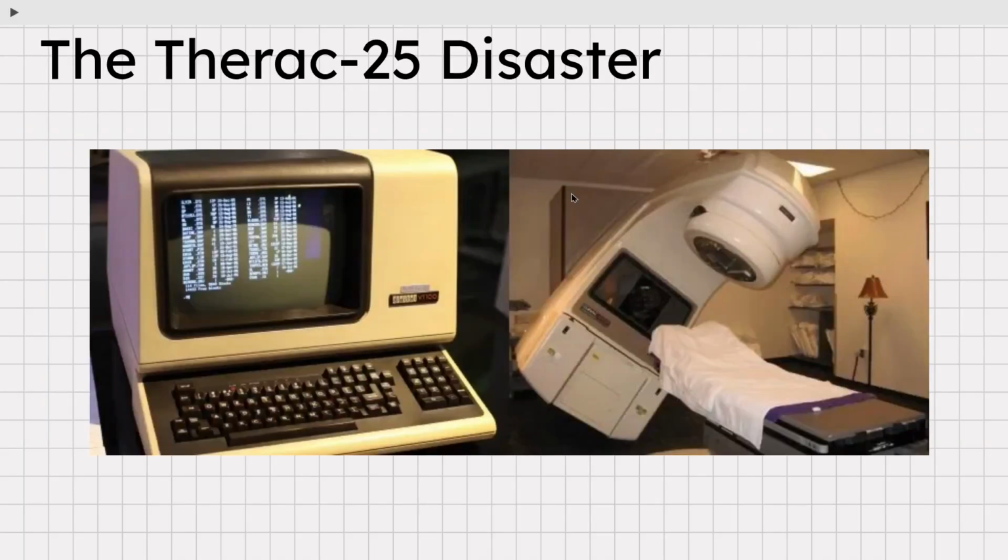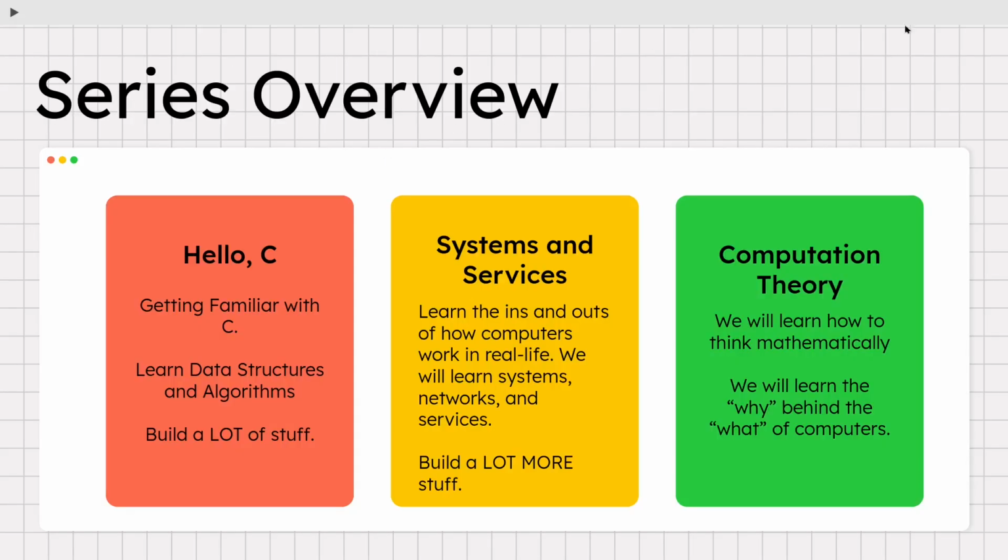People died as a result of this one. The Therac-25, again, a buffer overflow, which caused a counter to be reset to 0, meaning somebody got irradiated, they got cooked by radiation a little bit too long, and they perished. It was caused by a buffer overflow, a programming error. And you have to be careful when you write code to avoid those kinds of errors. And that's exactly what we're going to be doing with this series.